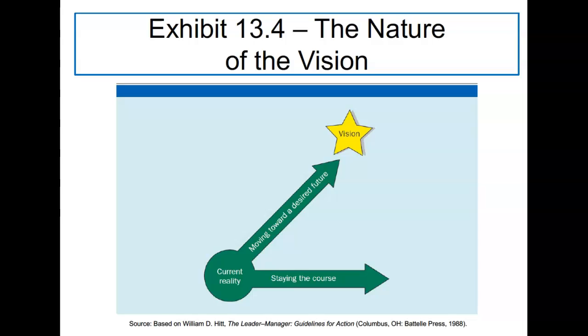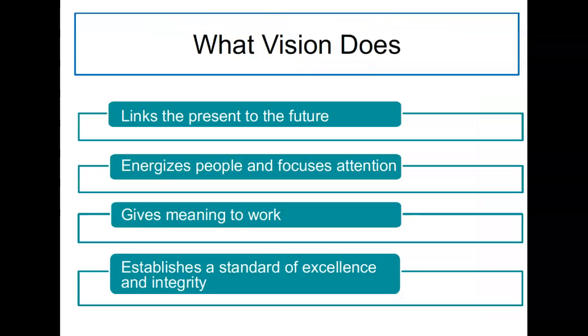Here's a great diagram that outlines the difference between having a strong vision and not having one. So you look at the current reality on the left-hand side of this diagram, and if you stay the course, you'll see that flat trajectory. You're not getting anywhere. And if you have a vision, you're going to move towards that desired future on the other hand, right? You're going to increase in maybe market share or the efficiency of the organization, or really tackle maybe the problem or product or solution you're trying to solve or bring to the market.